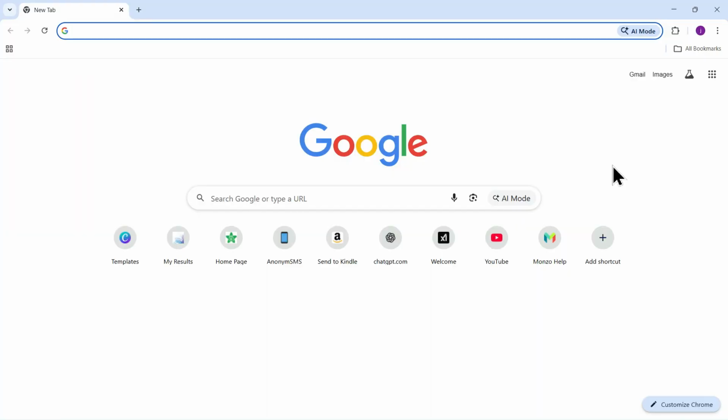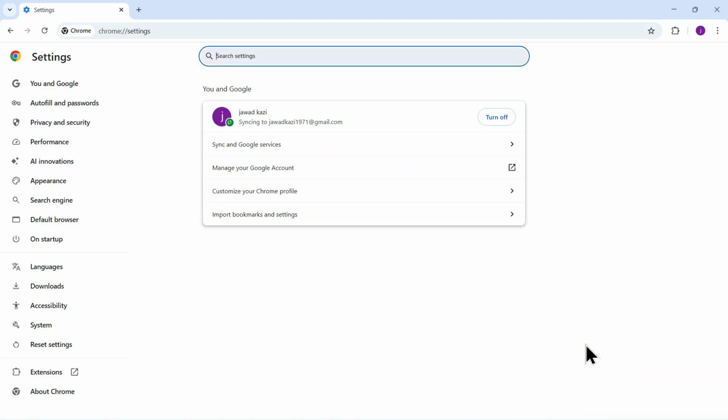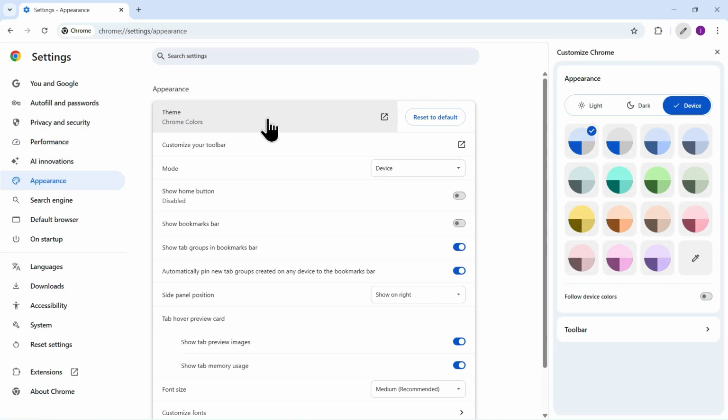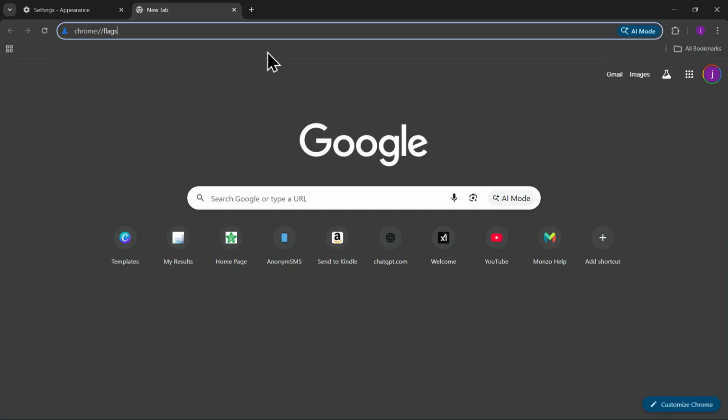First, enable dark mode for Chrome itself. Click the three vertical dots in the top right corner, then select Settings. From the left sidebar, click on Appearance. Under Theme, choose Dark. Now, to make websites automatically appear in dark mode as well, go to the address bar